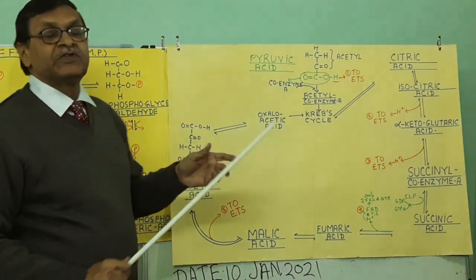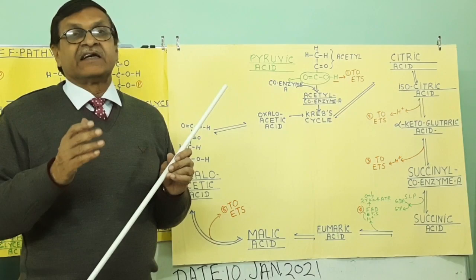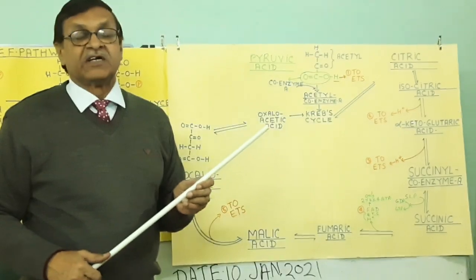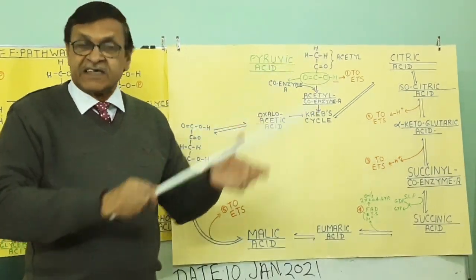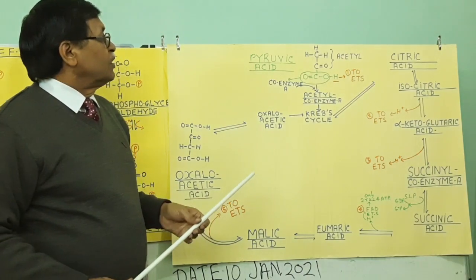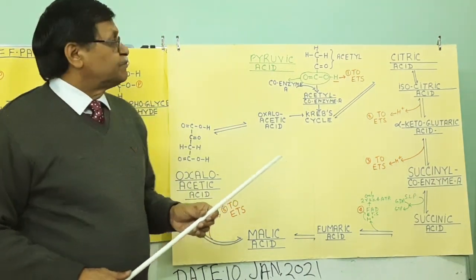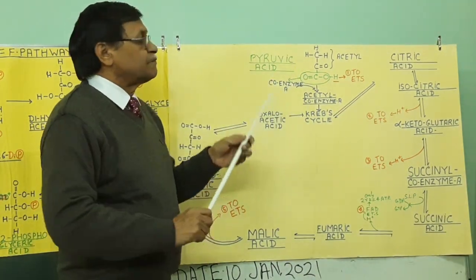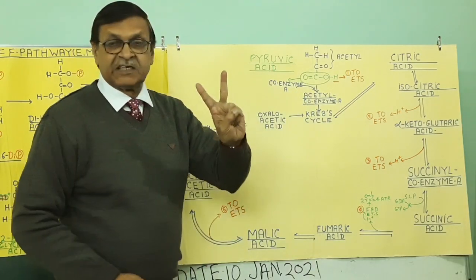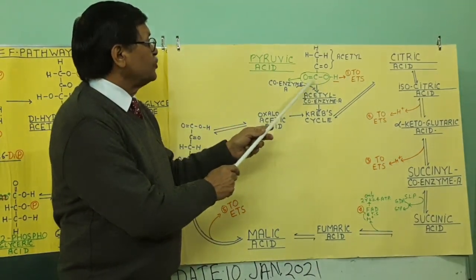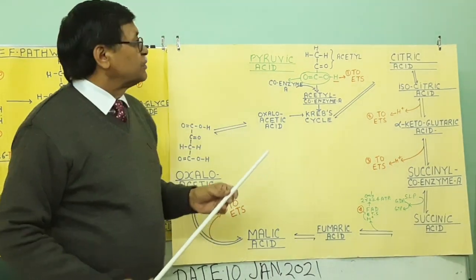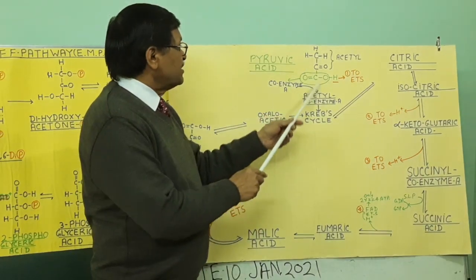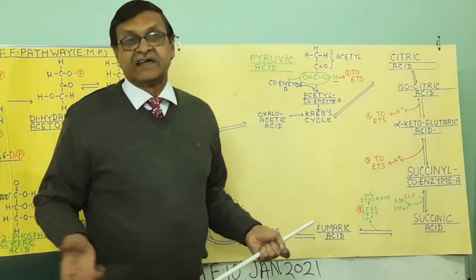So before going to the details at the level of functional group, what changes are taking place in the functional group at the level of structural formula, let us scan the basic steps. We have discussed about glycolysis. In the Krebs cycle, the glycolysis ends from pyruvic acid. From pyruvic acid, the first step is that there is a removal of CO2 by a dehydrogenase, and this hydrogen is removed, goes to ETS. Acetyl CH3CO group remains, which is a radical.